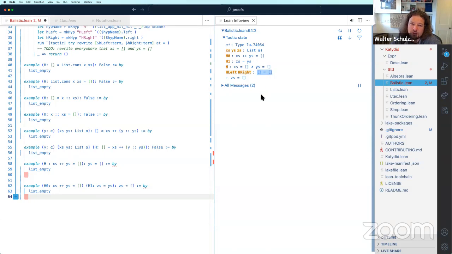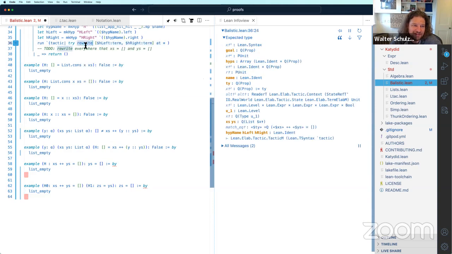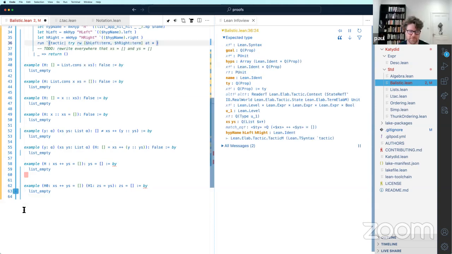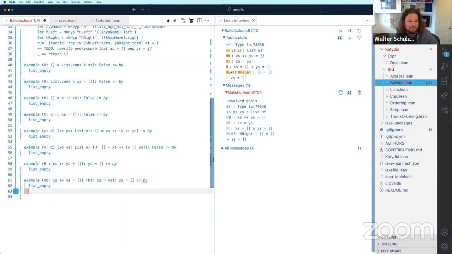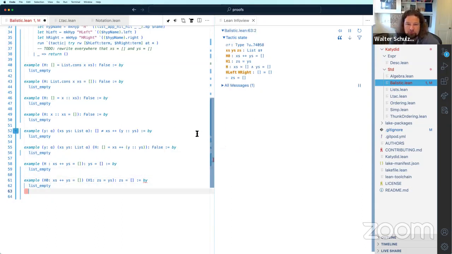Now rewrite is way too stupid, but RW was too smart again. No, it was also stupid.